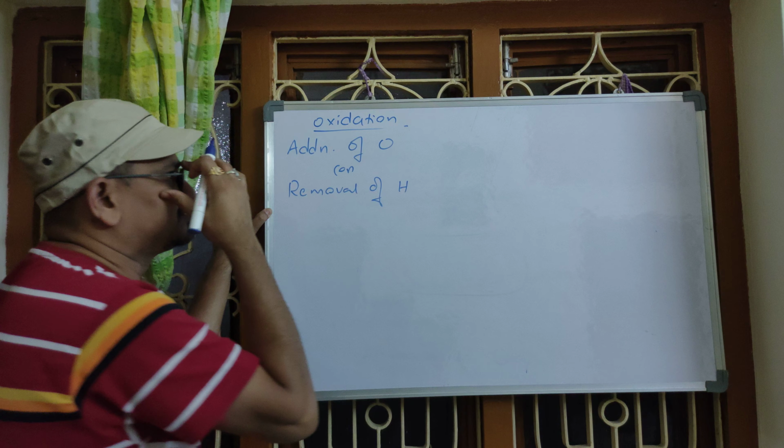So, we can assess a reaction as an oxidation reaction in these ways. One is addition of oxygen or removal of hydrogen. Other way is loss of electron. Other way is increase in oxidation state. In either of these ways, we can predict what type of reaction it is. Understood? Depending on the type of question they raised, we have to use either this or this or this. Understood? Once again, what's meant by oxidation? Addition of oxygen or removal of hydrogen.